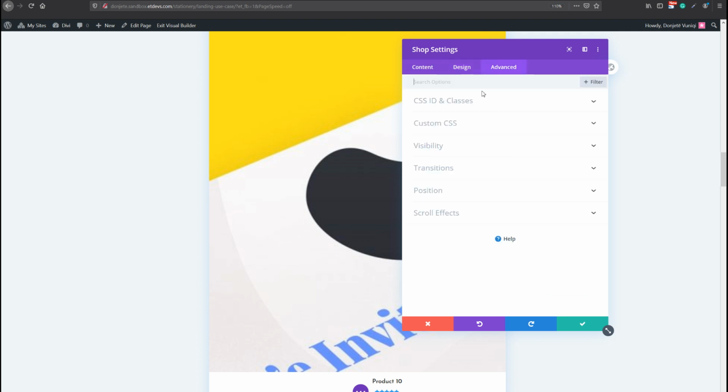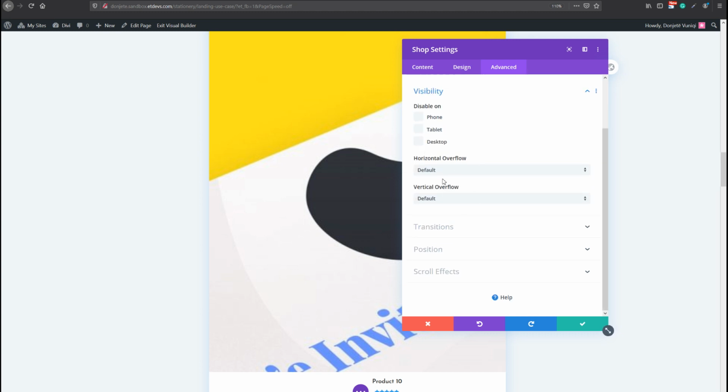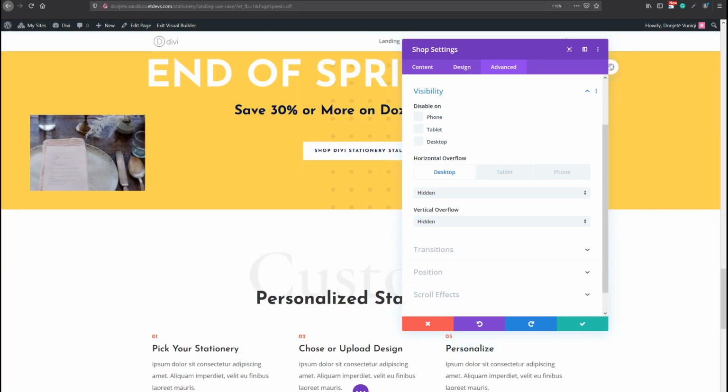And in the advanced tab, we're going to use a CSS class, just anything you want, as long as you replace it within the code as well. Now, another important part is determining the overflows of your shop modules. So on desktop, that'll be hidden for both options, but the horizontal overflow